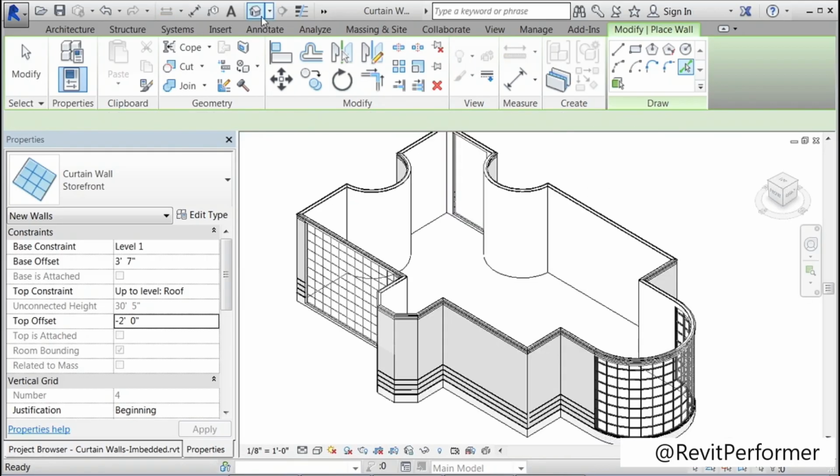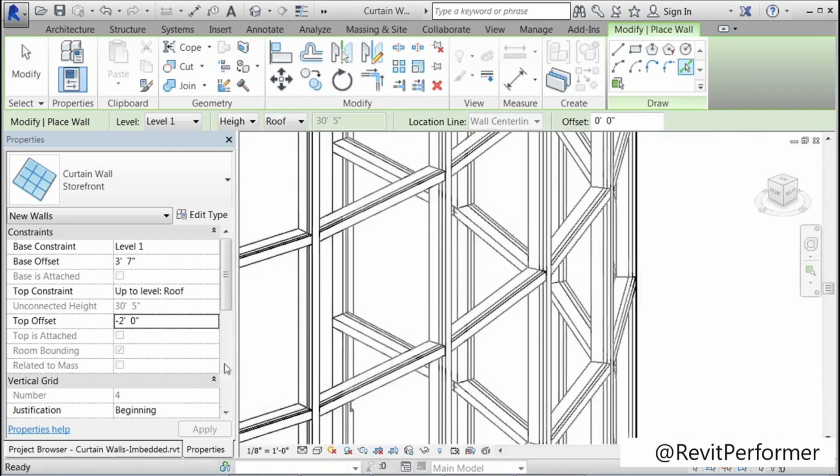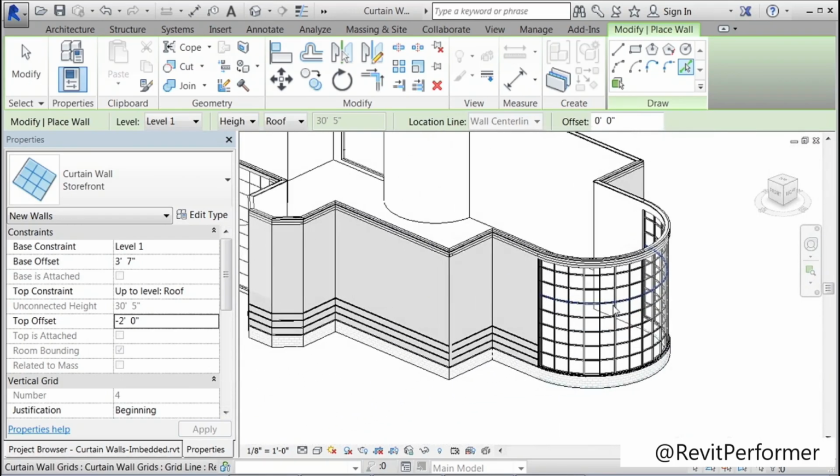Close out of the warning. Let's go to 3D view. Notice now that we have a radial curtain wall. We zoom in on it. We see now we have mullions and glass panels. So now that we know the difference between the 3 different types of curtain walls, we can really start to